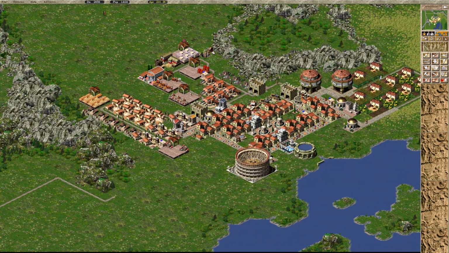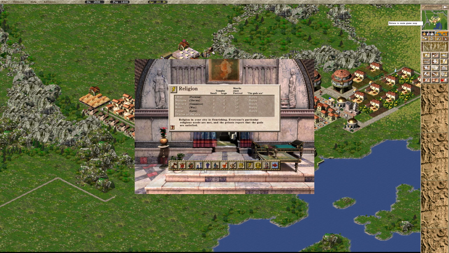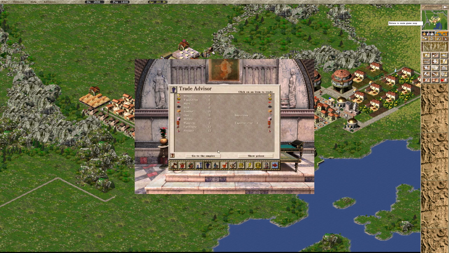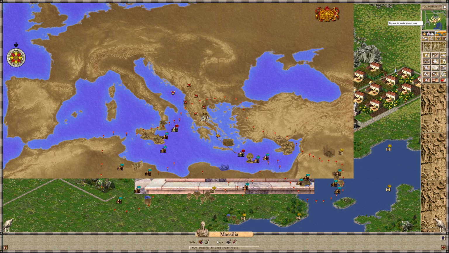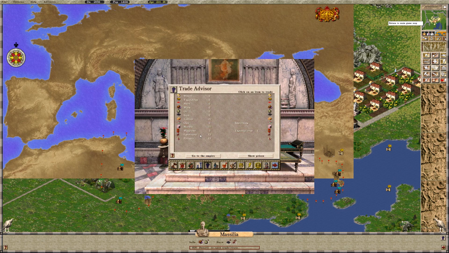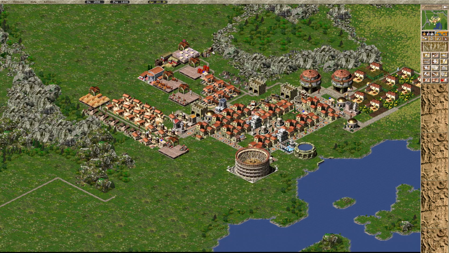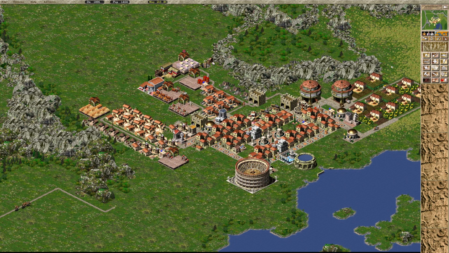Cash is not looking that great, but it's now time to open the trade and start to sell furniture. Furniture, now go to the empire. So these guys also buy iron and furniture. So open the trade with them, and for now let's sell when we have an excess of 8. Okay, so we will make some extra cash thanks to that, but now we can build more iron mines,